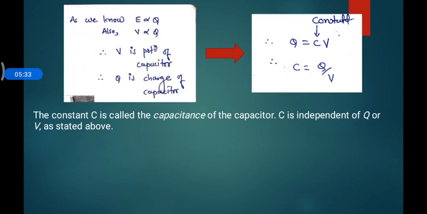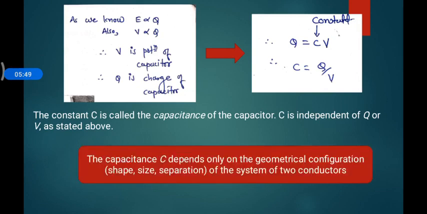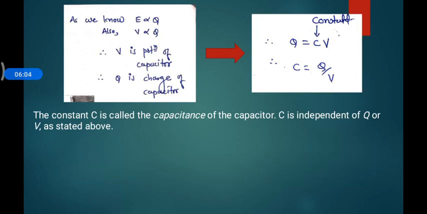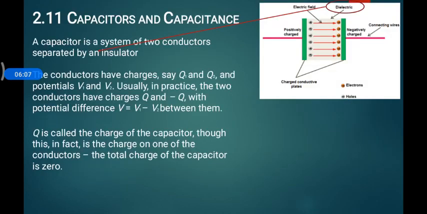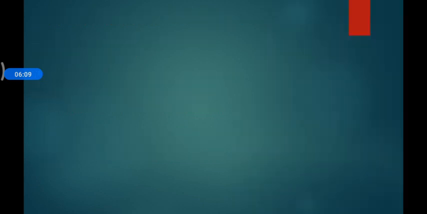Any capacitor you bring from the shop or bazaar, you have to say, give me this much Farad, or this much rated capacitor. So this C you are asking. The capacitance C does not depend on Q and V, it depends only on the geometry of the capacitor. It means size, shape and separation between the two conducting plates, how much the plates are separated.